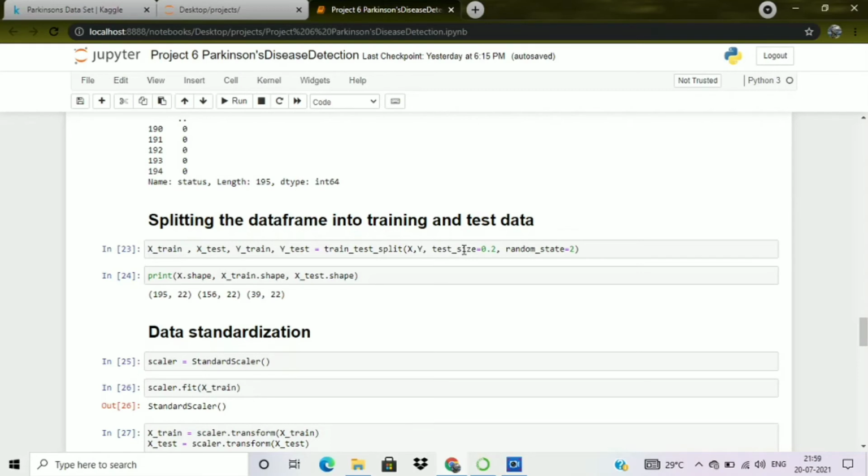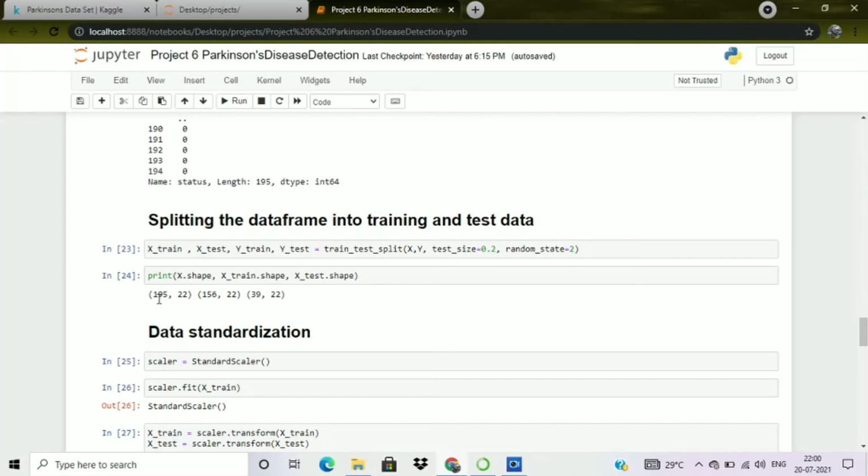We take 0.2 because the data set is not very big, so we have to keep more training data and less testing data. Once we have run this code, I'm printing x.shape, x_train.shape, and x_test.shape.